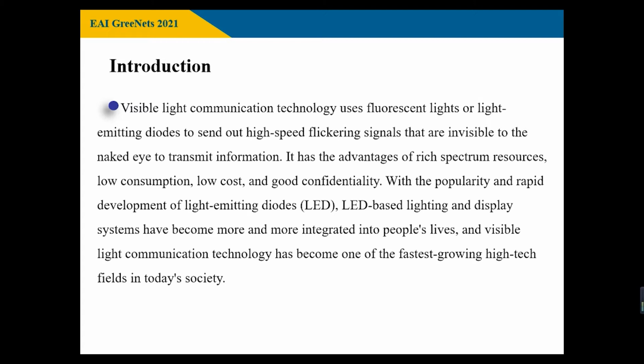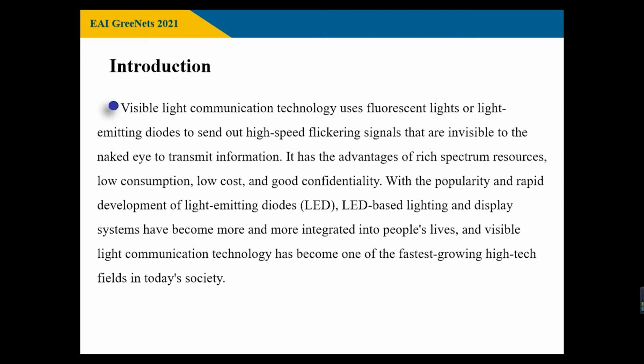First, the article explained the general system framework of visible light communication systems. Second, the article explains the working principle of ACO-OFDM technology and Hermitian mapping, and